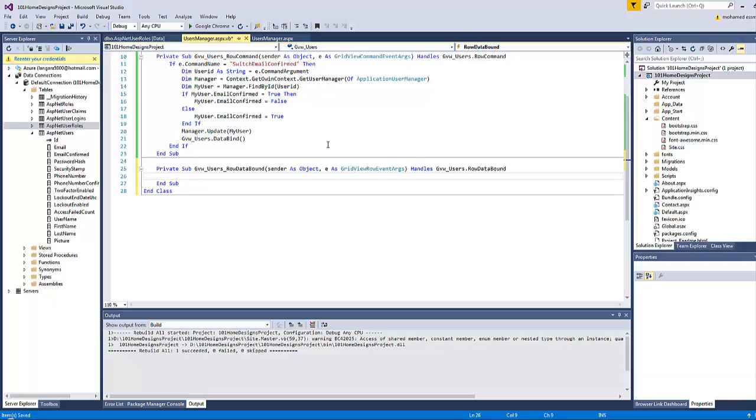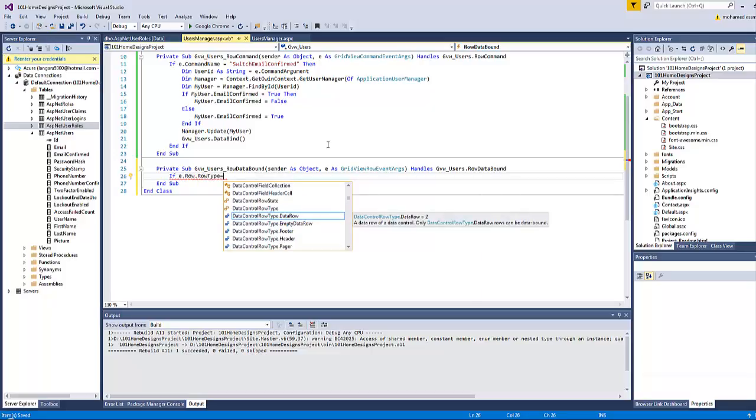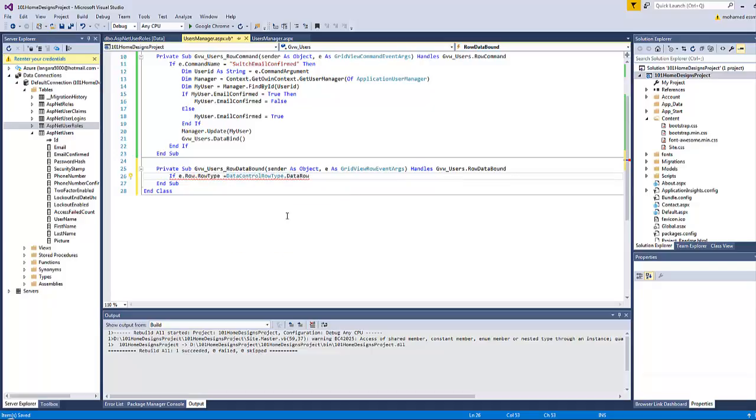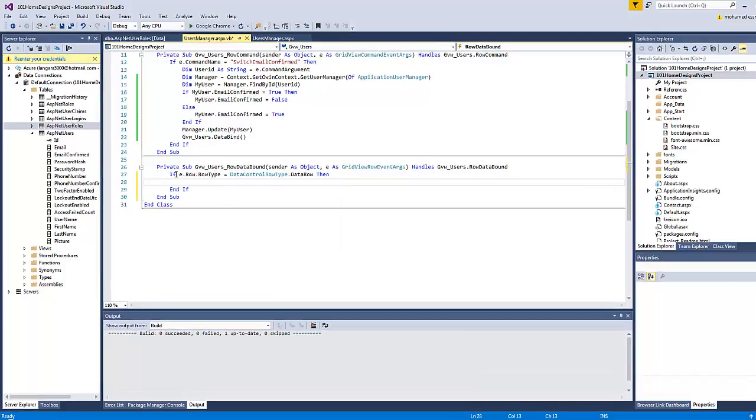So let's say if e.row type equals data control row type dot data row, then do the following: